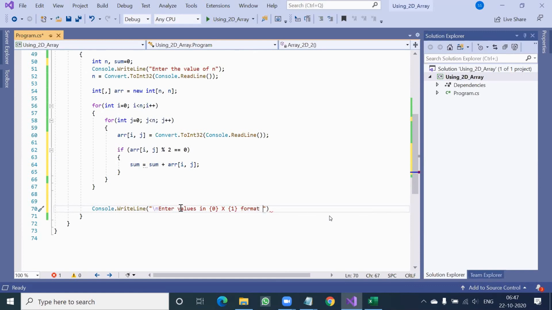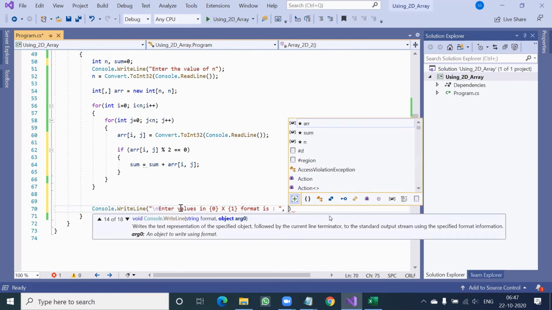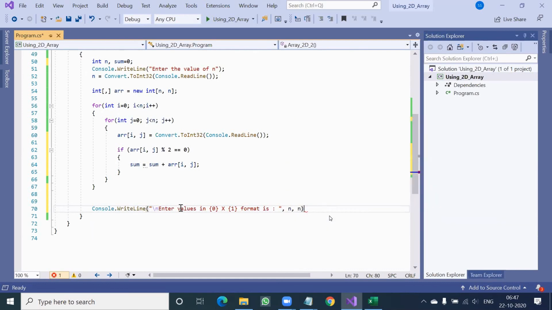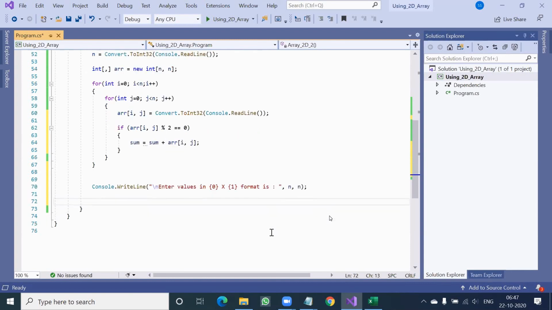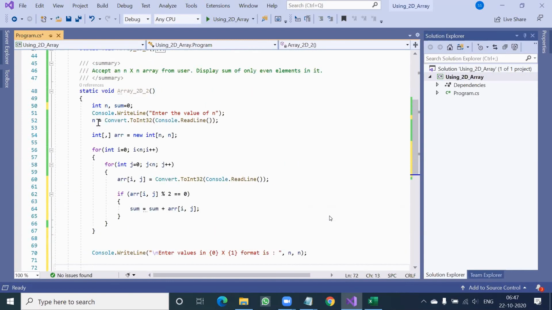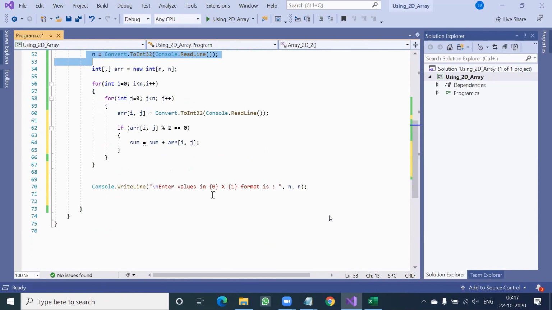This will also be 0, and that will also be 0. So it is n comma n. That means this sentence will also change dynamically. If you entered n as 2, it will be 2x2, like that, 2 by 2.